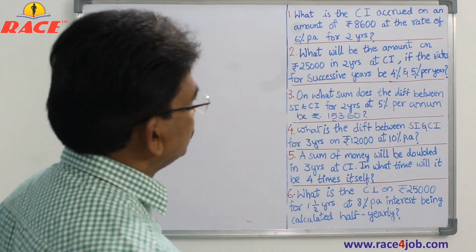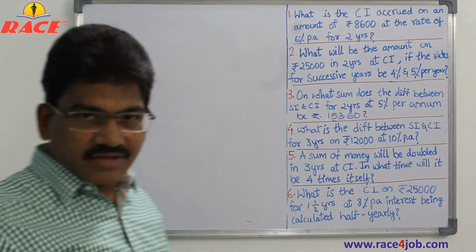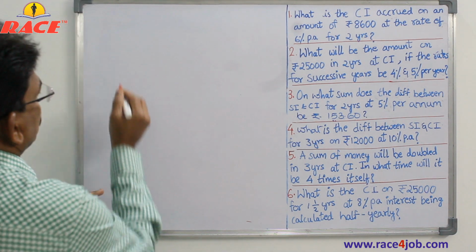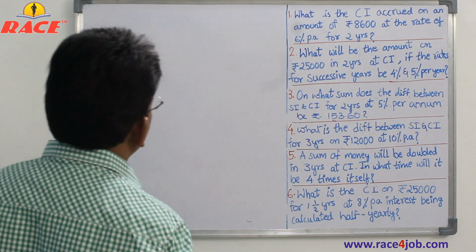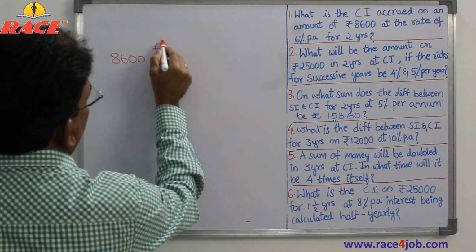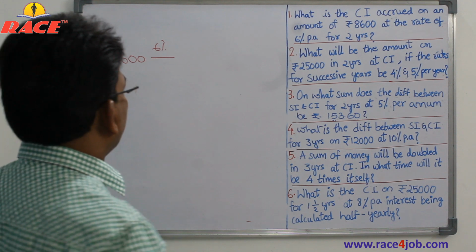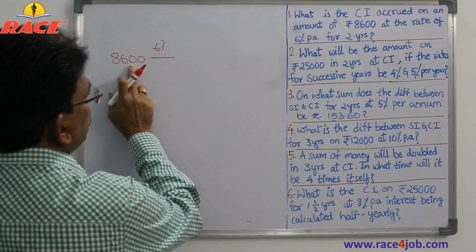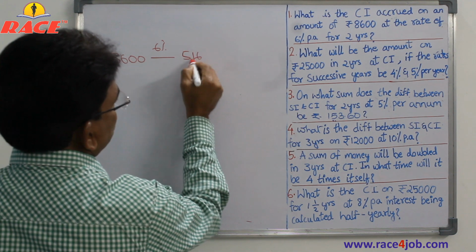Now, in this question the rate of interest he has given us is 6%. So it is not that difficult to calculate 6%. We will see. So 8,600 is the principal, okay, and at a 6% rate. 6% rate means how much interest do we get? 6% we can calculate as 5% plus 1%. 5% is 430, since 10% is 860. 430 plus 86 is 516. That is the first year.